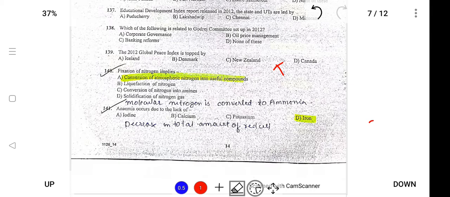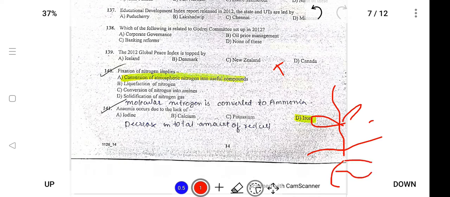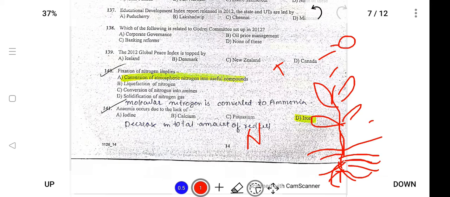140, fixation of nitrogen implies. So fixation of nitrogen is done by leguminous plants like peas, chana, motor, beans, etc. So fixation of nitrogen means it is in the soil or in the plant, and this is the root. So the atmosphere, the plant absorbs nitrogen, and the roots deposit the nitrogen. So this process of depositing nitrogen